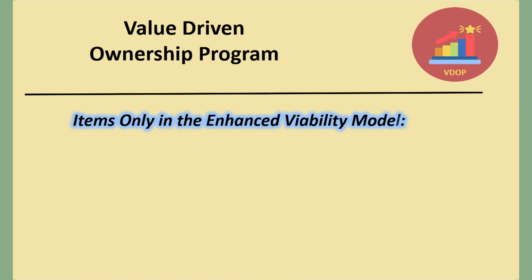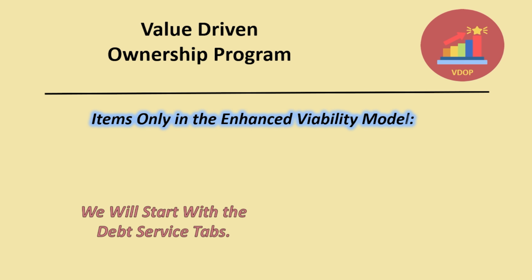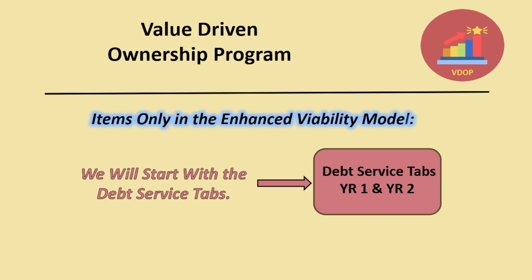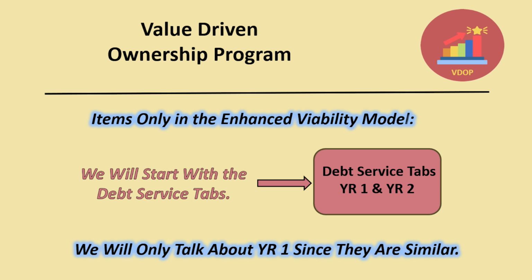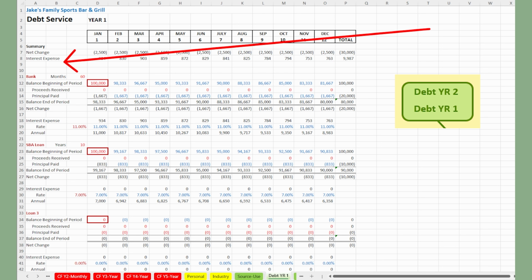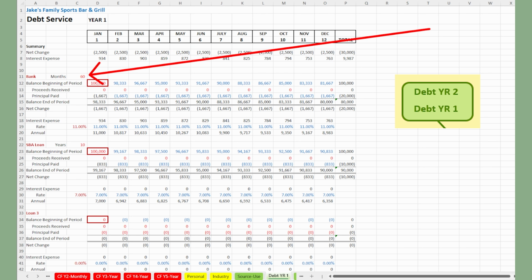Let's talk about items now that are only in the enhanced viability model. We will start with the debt service tabs in this file. There are 2 of them. We will only talk about debt year 1 since the 2 tabs are similar. On this tab, you can enter information for 3 different loans. In this case, we have a bank loan for 60 months of